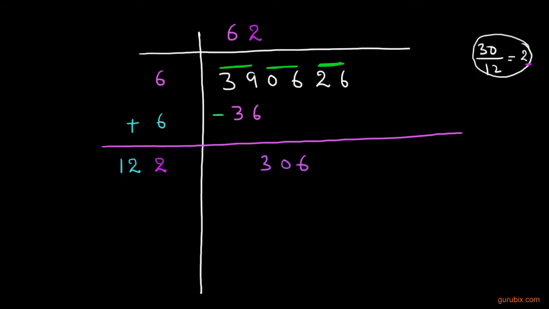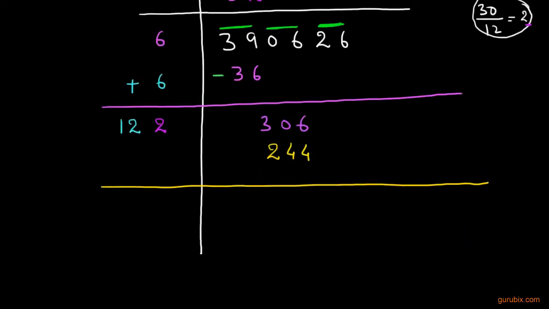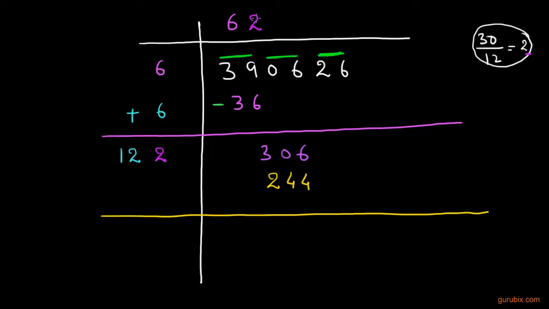And our next step is that we shall multiply this 122 with this digit. So if we multiply 122 by 2, we get 244. This is how we can find the next digit in quotient and multiply. And now we shall subtract 244 from this 306 to get 62,